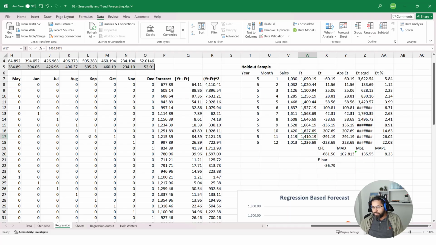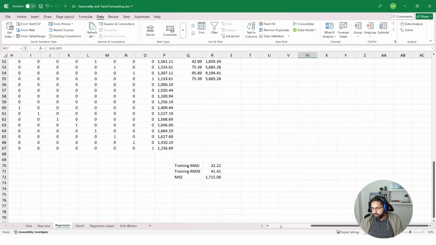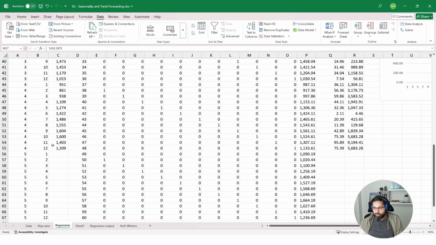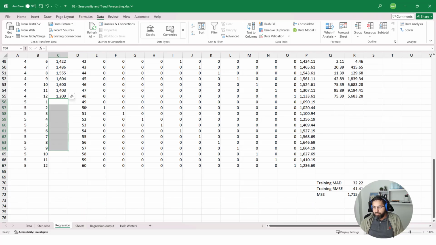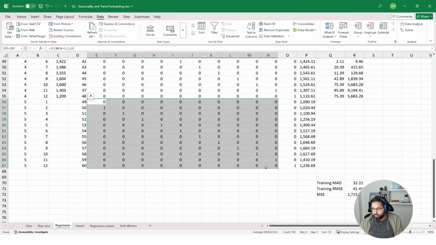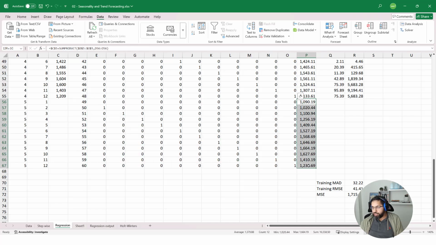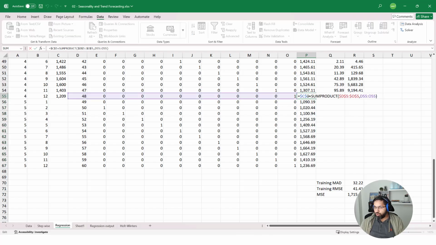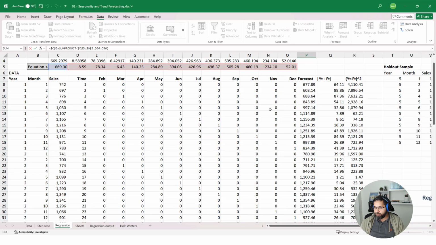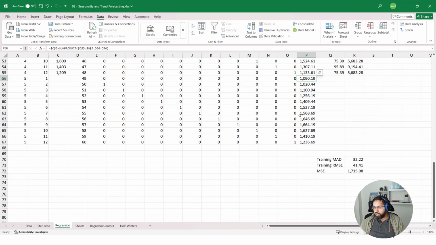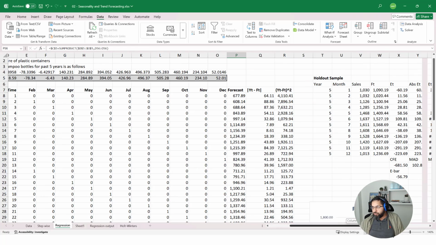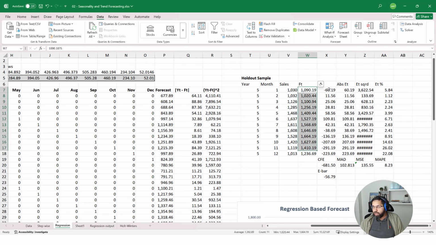I'm actually going to do it right here because I don't have the sales values, but I have the time variable, I have the 12-month variable. So I developed this forecast right here using the same sum product formula that is being used on the last row. Same formula gets here to forecast for the next 12 months. And then I can just copy these values in front of the holdout sample here, calculate my absolute error, my error squared, get MAD